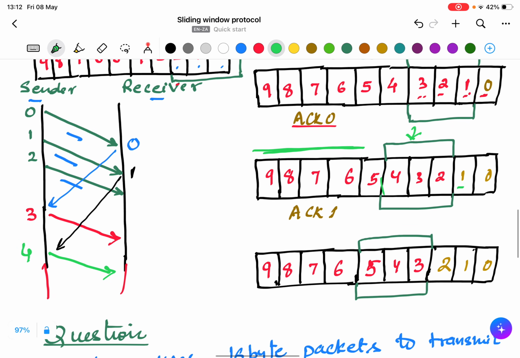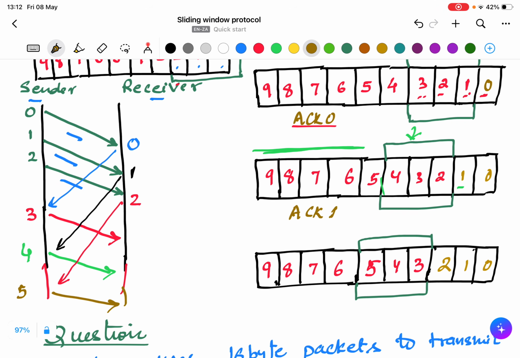Now again, after the acknowledgement of 1, let's say it sends the acknowledgement of 2. So which packet will be sent now? Packet number 5 will be sent to the receiver.